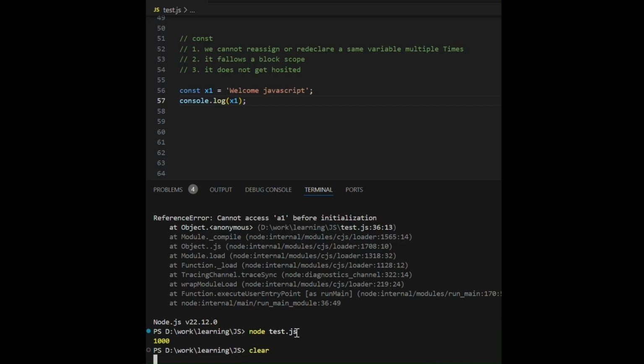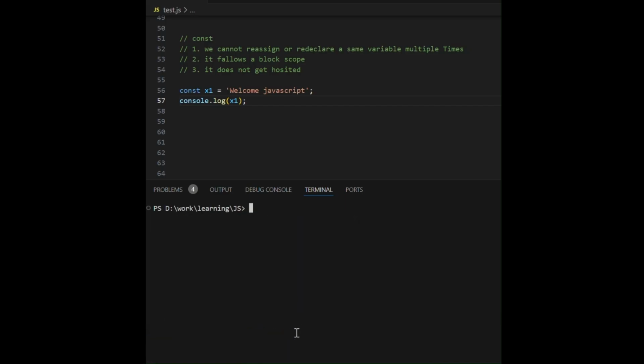Let's clear the console and run the program one more time. So we got welcome to JavaScript. Wow, we are all really brilliant. By the time we have reached this point, we are able to understand what let and const are.